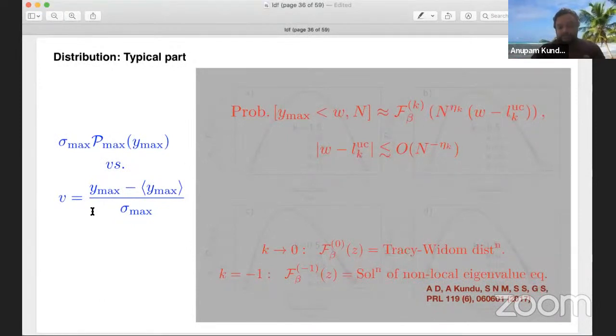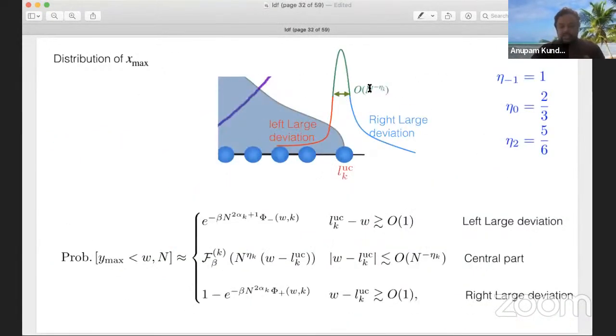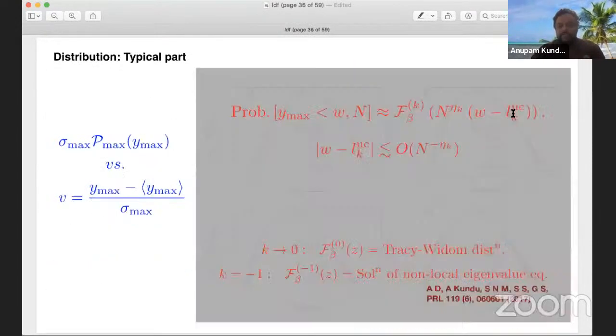So the fluctuation sigma is n to the power minus eta k. As I said here, this is n to the power minus eta k. So if I write w minus l to the power uc divided by n to the power minus eta k, that is another length scale. Over that length scale, this function is valid, and it describes the distribution of the typical fluctuation. I should mention that this function is known only for k equal to 0 and k equal to -1. For k equal to 0, as I already told you, it's a Tessier distribution. For k equal to -1, it can be shown that it is a solution of a non-local eigenvalue equation, which already tells you that the Tessier distribution, if you change the interaction, is not